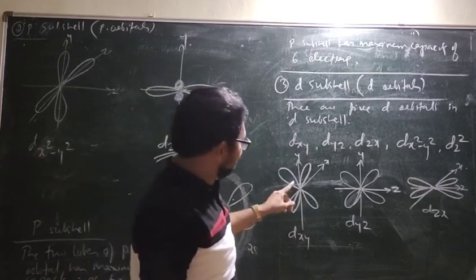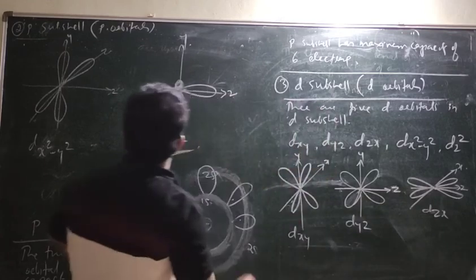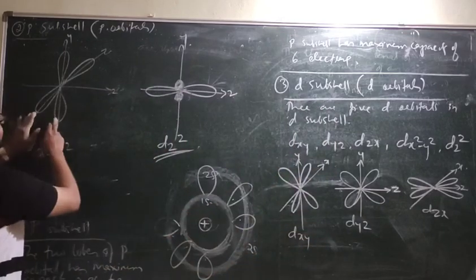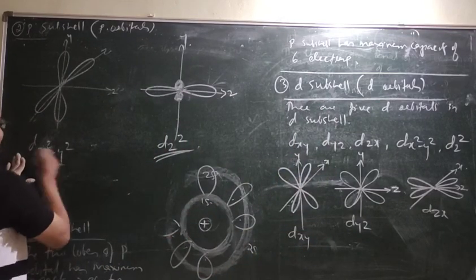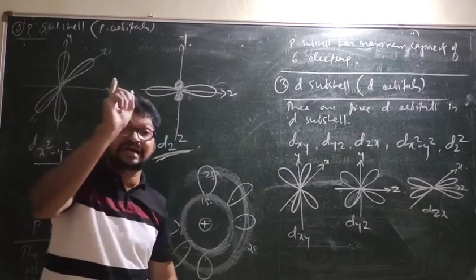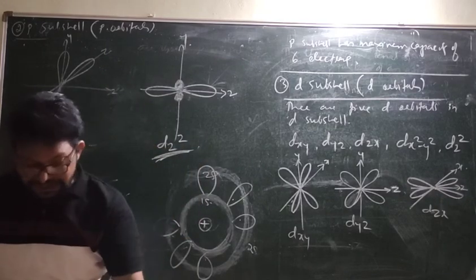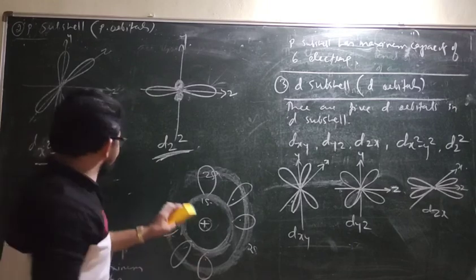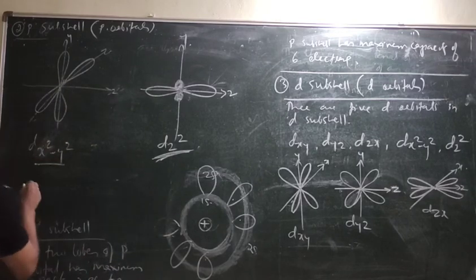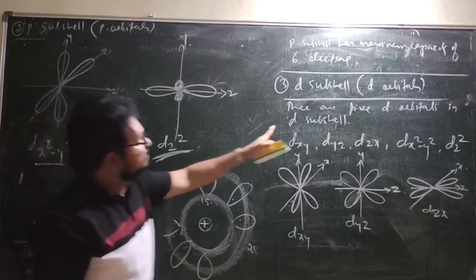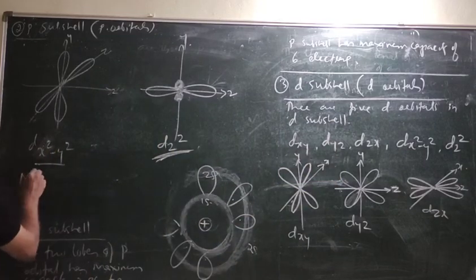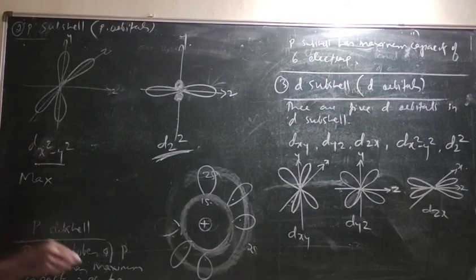How many orbitals is that in total? 1, 2, 3 between the axis, on the axis, x and y axis, on the axis, on the z axis. So totally how many electrons, tell me now? How many d orbitals? 5 d orbitals. Maximum capacity is 2 electrons per orbital.